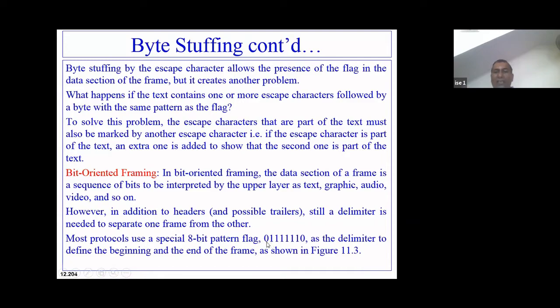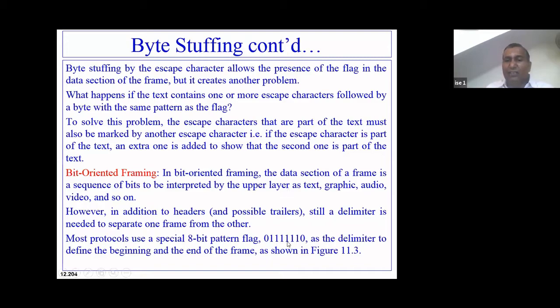So what is that? This is nothing but 0 at the beginning, 0 at the end, and 6 ones in between. Of course, this bit pattern for the flag is network dependent, protocol dependent. How the protocol programmers implement the flag is up to them.